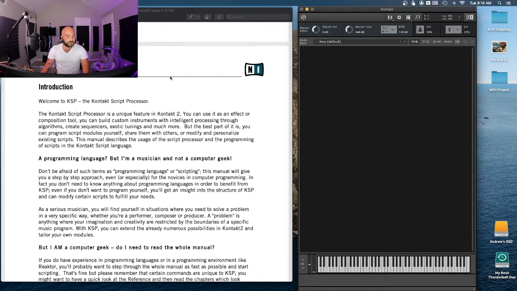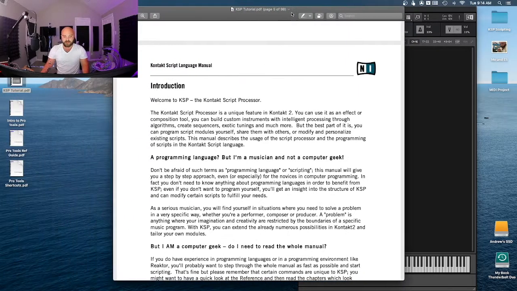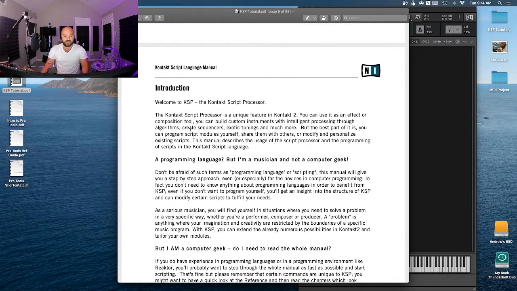So welcome to KSP, the Kontakt Script Processor. The Kontakt Script Processor is a unique feature in Kontakt 2. You can use it as an effect or composition tool. You can build custom instruments with intelligent processing through algorithms, create sequencers, exotic tunings, and much more. But the best part of it is you can program script modules yourself, share them with others, or modify and personalize existing scripts. This manual describes the usage of the script processor and the programming of scripts in the Kontakt